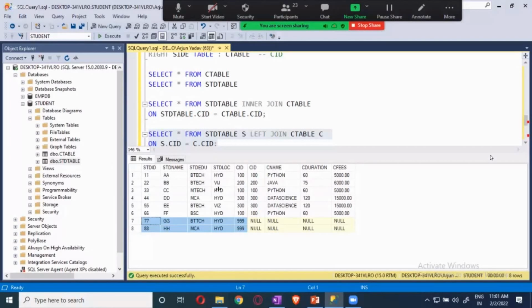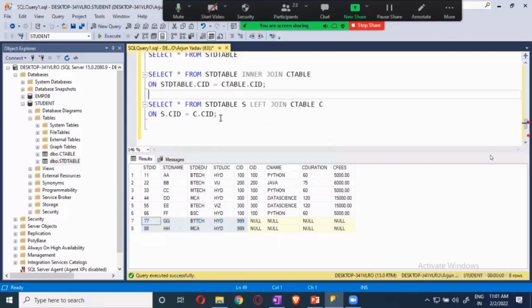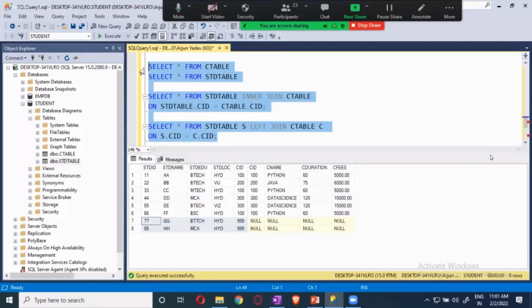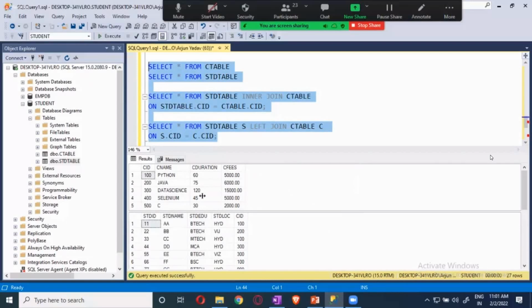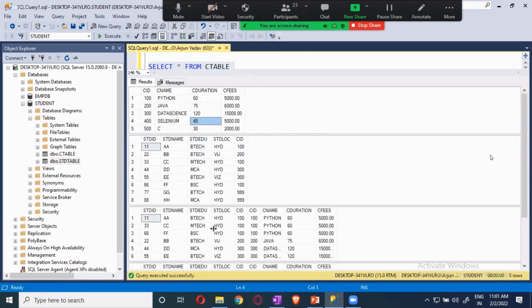So again, it will get all the records from the left side table, and only the course ID matching information from the right side table. Okay, right side table. So it is left centric. If you do it, you can do all four at a time to understand. This is your course table, and this is your student table. Now in this, only the matching records were being given to us. Whichever is matching the course ID, that one was given. Now see this one down. As you go down, you will be seeing it.